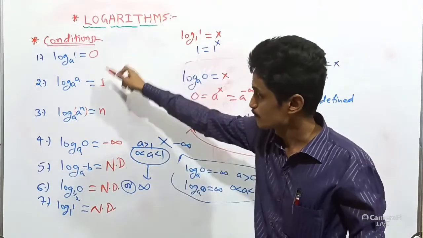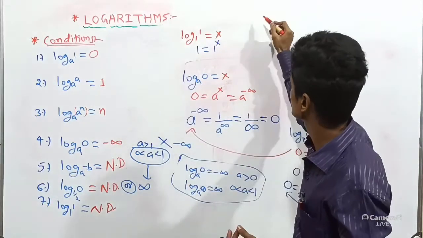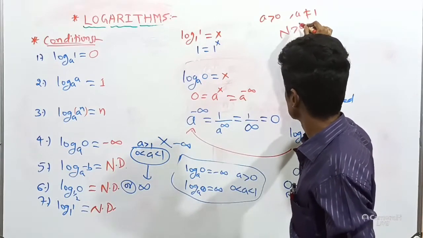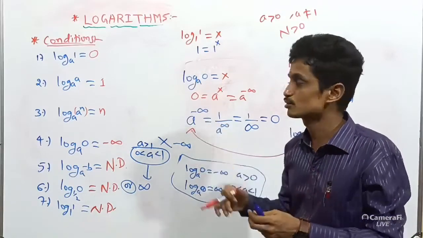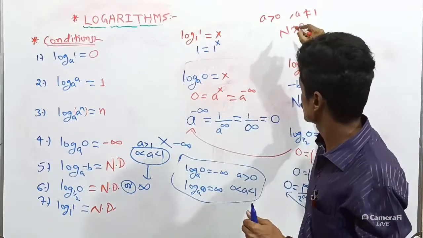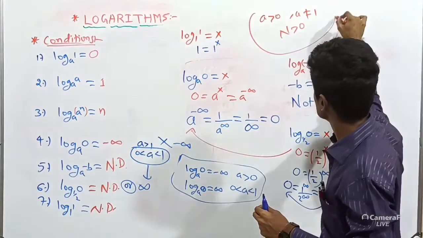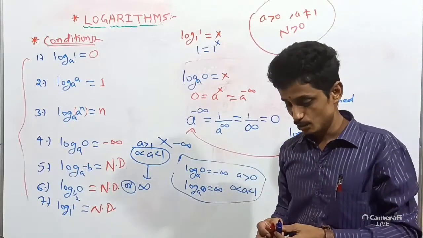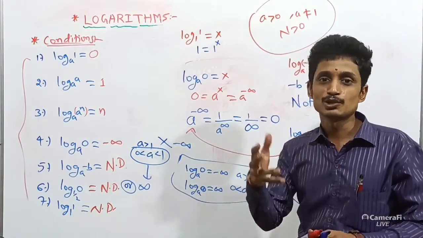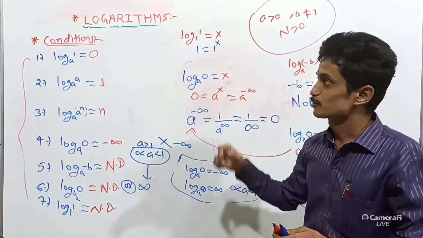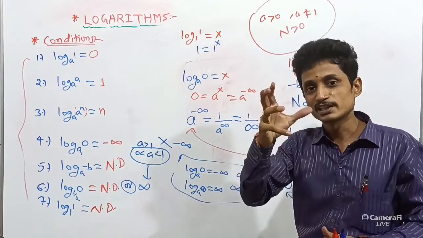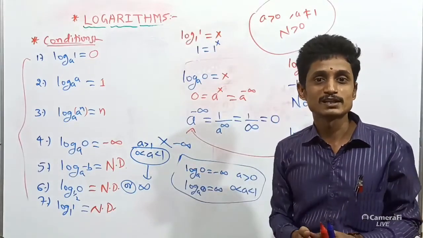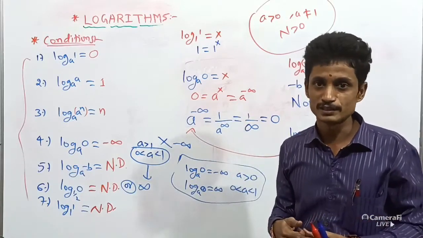Again and again you should think about these conditions. Also you should think why a is greater than 0, a is not equal to 1, and why n will be 0. In this basic topic, you have to study these conditions well. Clear? Okay. Logarithm is very simple. In exponential form, the inverse process is what gives us the logarithm. To get the power, we can consider the logarithm. By logarithms, without calculators, we should be able to calculate any type of numbers. Okay. Thank you.